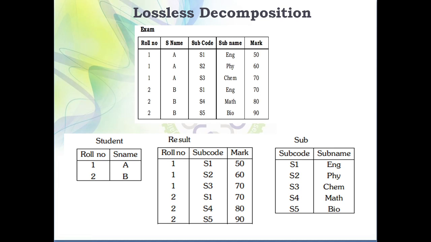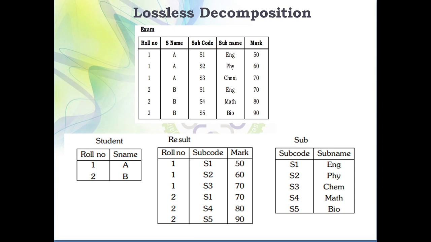This means we performed the join operation on these 3 sub tables, and after joining these 3 sub tables we are getting the original table back. That means this is a lossless decomposition, and in a lossless decomposition we do not lose any kind of information, as well as after joining the sub tables we get the original table back. So this is a lossless decomposition, and it is desirable. Whenever you are decomposing your table in normalization, you need to make sure that your decomposition is a lossless one. I hope you understand lossless decomposition.